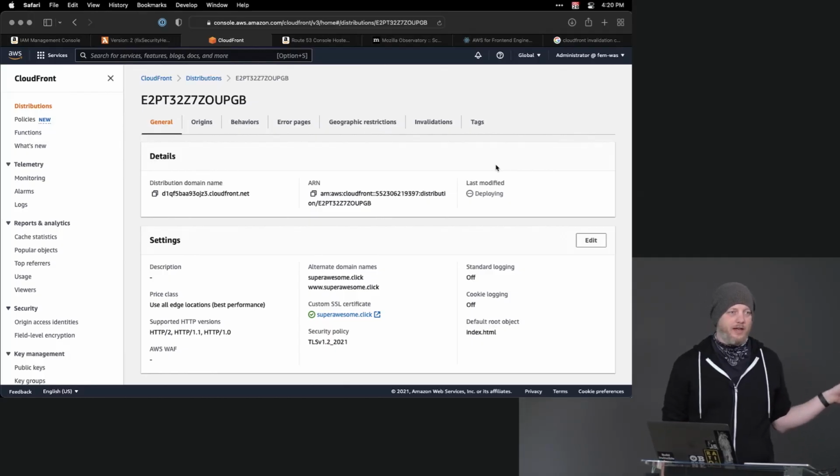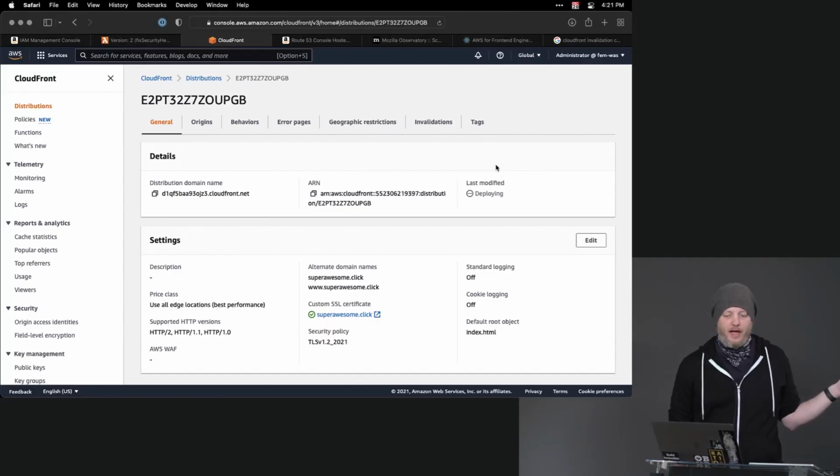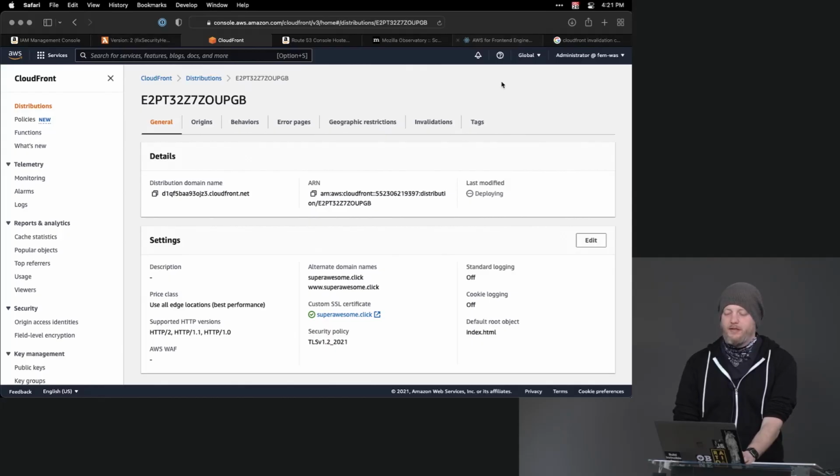So a lot of this stuff we incremented slowly over time, but as we tried out different things, we just set it, put it in place, and forgot about it. I'm going to see if my thing deployed yet